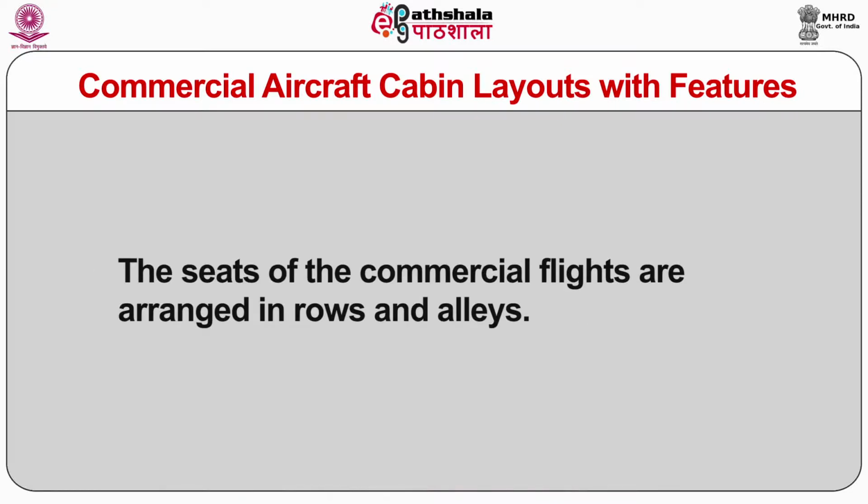The seats of the commercial flights are arranged in rows and aisles. The sections or seats are divided into various parts usually by using curtains, or sometimes class dividers do it as well. The passengers who are supposed to occupy the lower class seats are not allowed to sit in the high class cabins in the commercial flights. The facility of a common screen is available for short haul cabins, but in long and ultra long haul flights, passengers often have their own personal screens in their cabins.